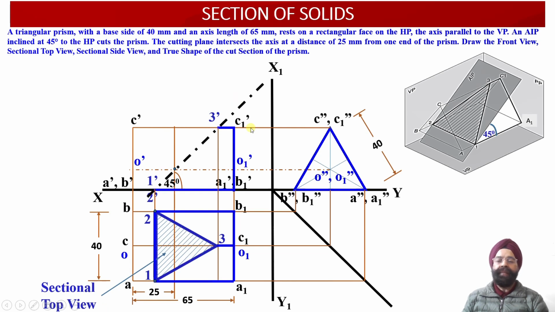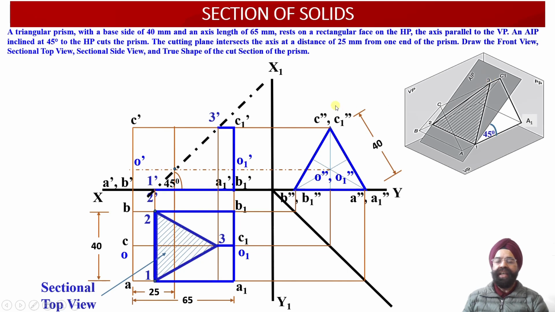Now let us obtain the section side view corresponding to this solid. Now when the observer is going to look at the solid from the left hand side, we can check points A double dash, A1 double dash and 1 double dash. They will be coinciding with each other. Similarly, points B double dash, B1 double dash and 2 double dash over here will also be coinciding with each other in the side view projection. Similarly, the points C double dash, C1 double dash and 3 double dash over here will also be coinciding